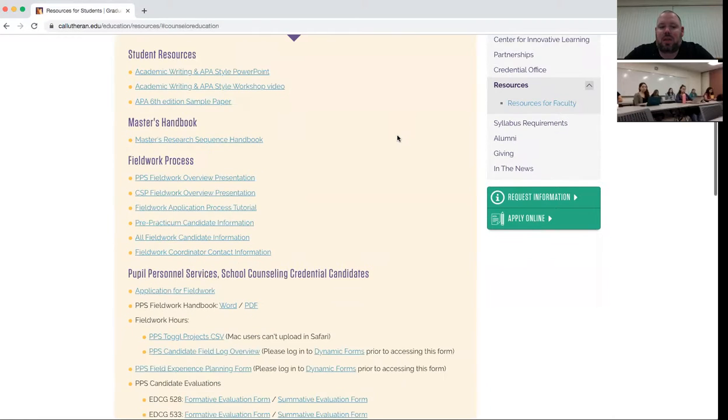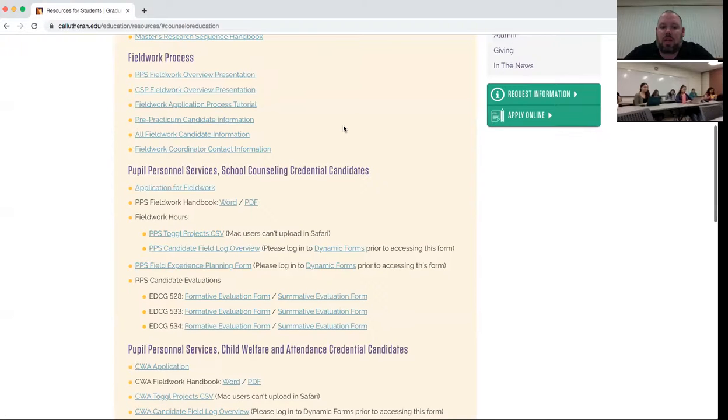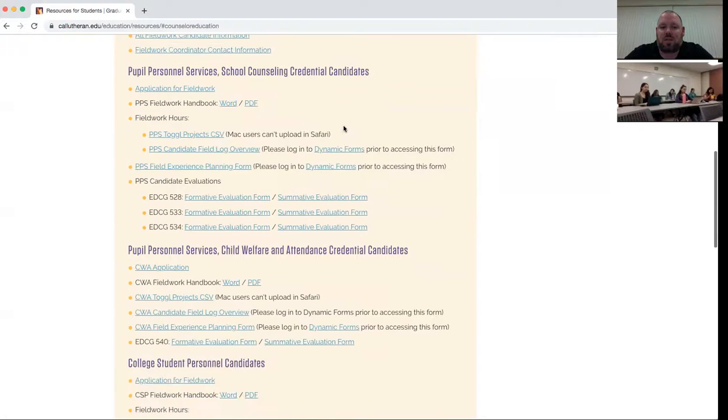But specifically, in the first piece here, there's fieldwork process. There's a presentation that Professor Rowley's put together that gives a little bit of an overview of fieldwork. There's also additional information here in terms of what you need to think about moving forward, and some of the processes that we have delineated in terms of the different steps that you need to take.